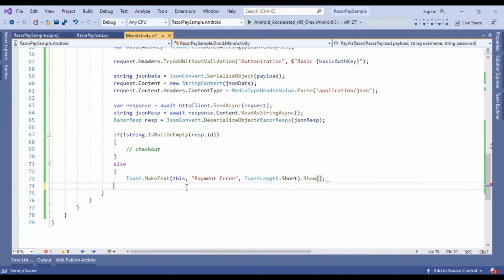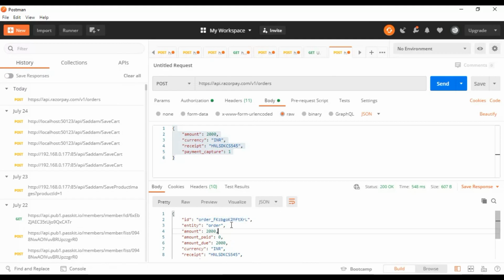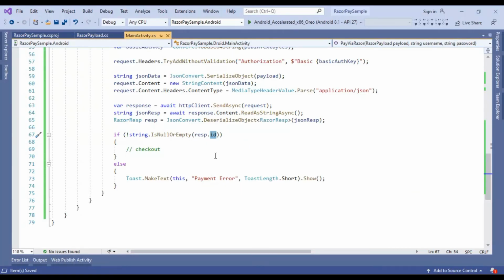So if the order ID is not generated, it will show an error.